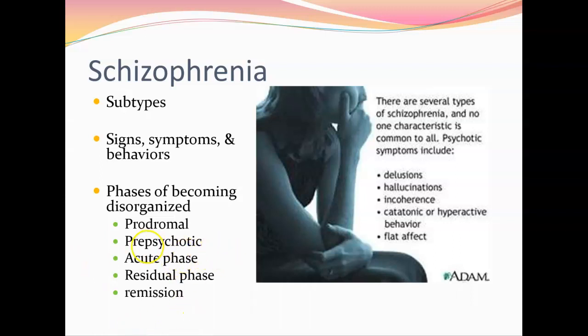After the pre-psychotic and acute phase, you get to the stabilization or residual phase. And this is where we start seeing that the symptoms start diminishing. Our clients start moving back toward that previous level of functioning, and then they get into remission, or we'll call it the maintenance or residual phase, and we have a stabilization in the condition, and we have a new baseline of what normal behavior is.